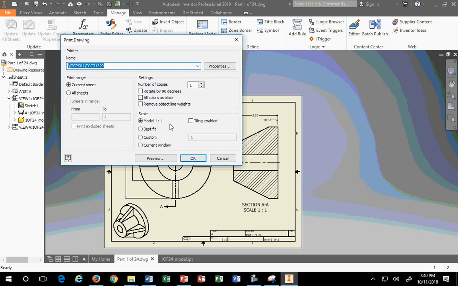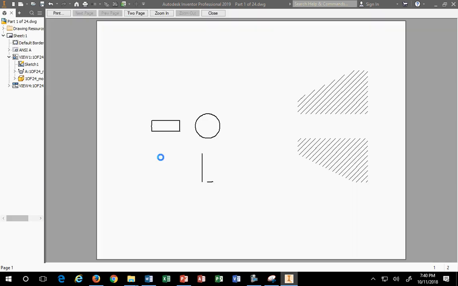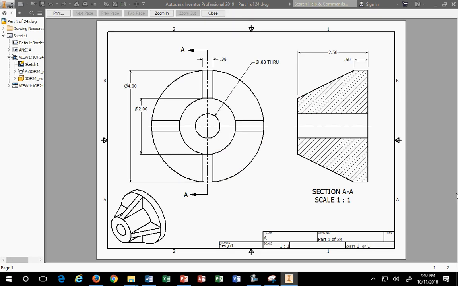scale, never pick best fit, please. Never pick best fit. You pick one-to-one. Okay? Preview. I always tell you to preview before you print. That way you know what it's going to look like. Never just print blindly. What I do recommend is that you do print,